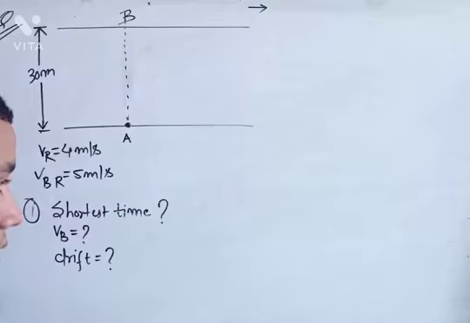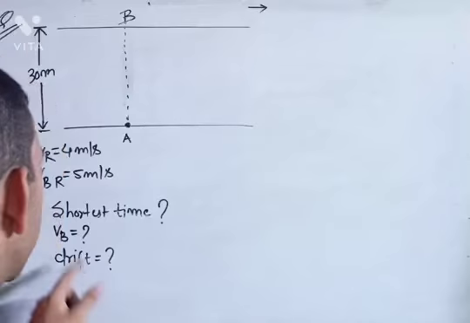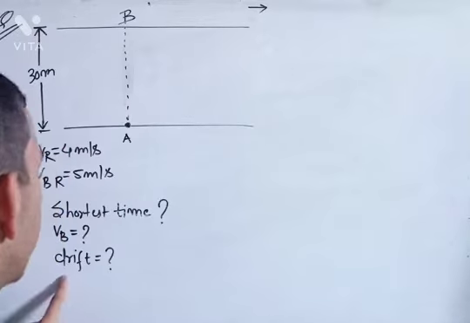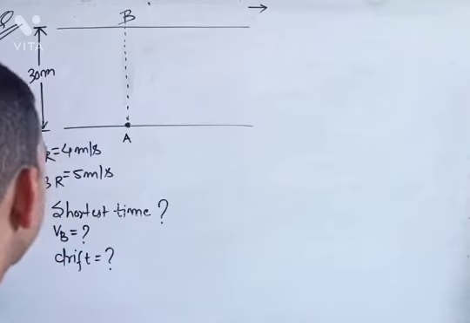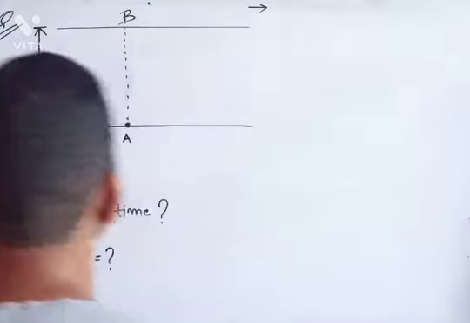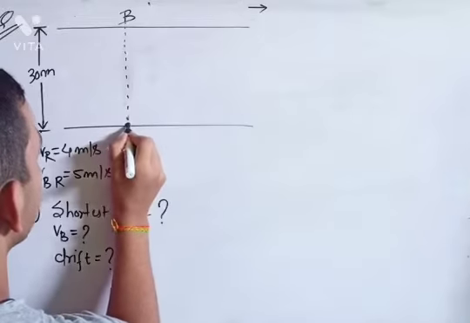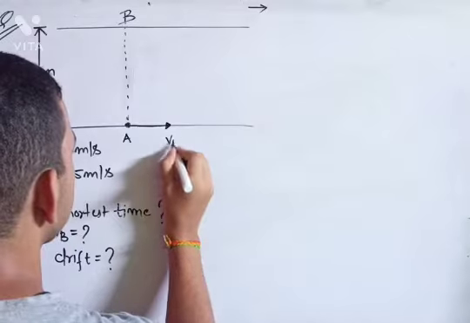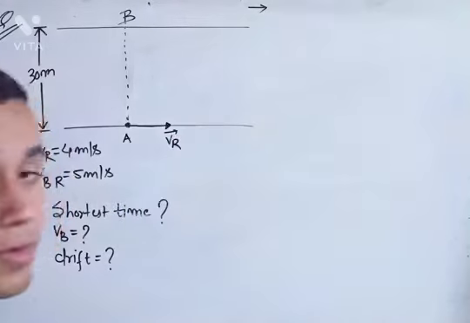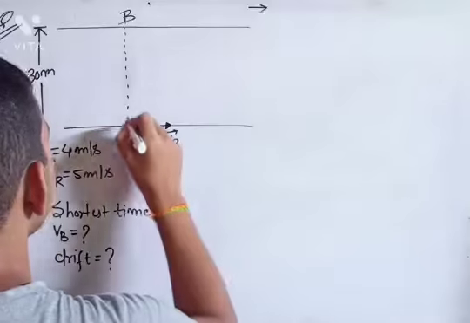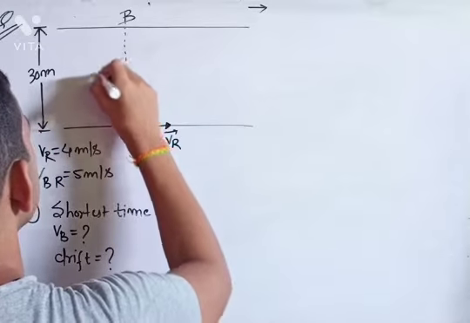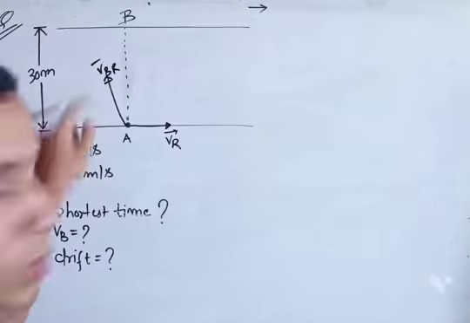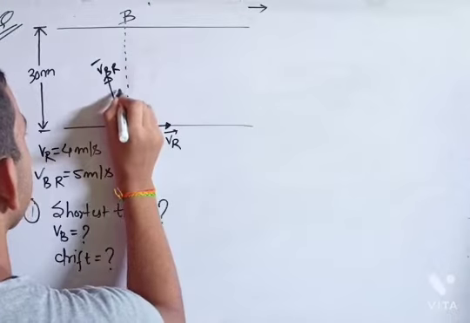Now we have to find the shortest time to reach from this end to this end, and when this shortest time occurs, we have to find the net velocity of the boat, and we also have to find the drift in that case. Let's first see the diagram. Now here we can draw the vector representing VR vector. This is the velocity of river. Now suppose this is VBR vector, that means velocity of boat with respect to river, and suppose this angle is